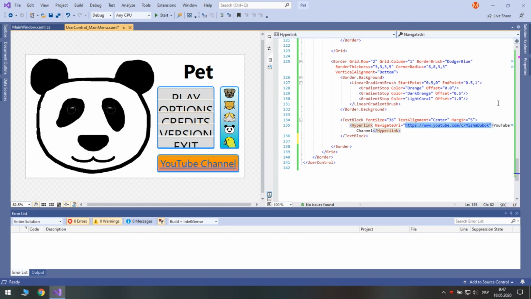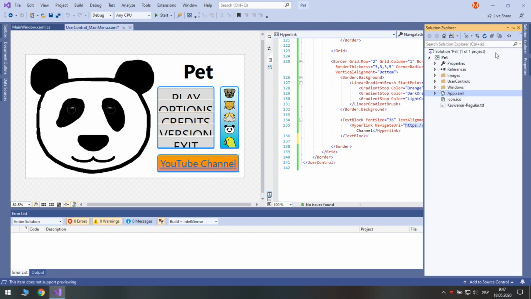Before we continue, there is one problem that we need to fix. Because we moved our main window to the Windows folder, we need to update the startup path.